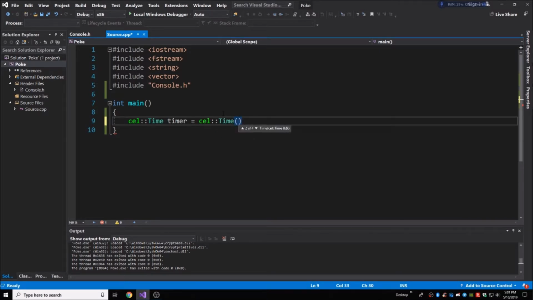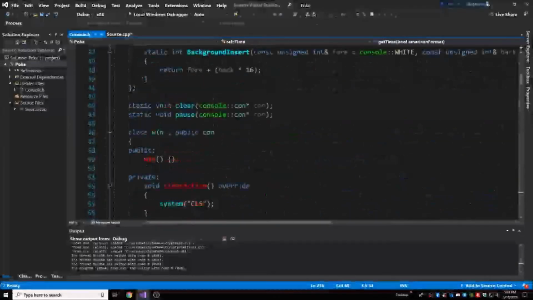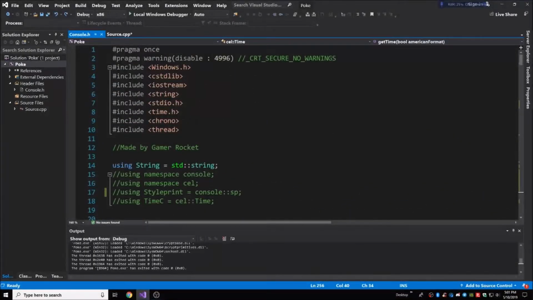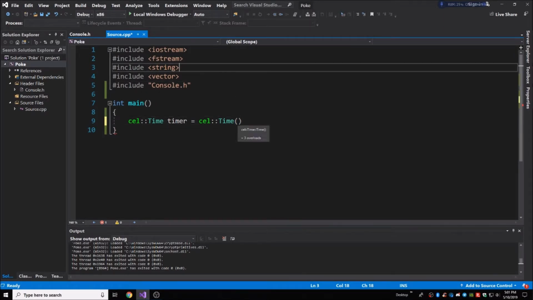Alright, so here we go. Now we have a few things here. With CEL time, you do have the option to just simply make a default constructor, but that's just basically taking up space because that is useless. What you want to do is provide a time. And the way you do this is to use chrono. Now, right now, the Console.h already includes the chrono library here. It already includes it. So you don't have to worry about including it here. All I have to do is